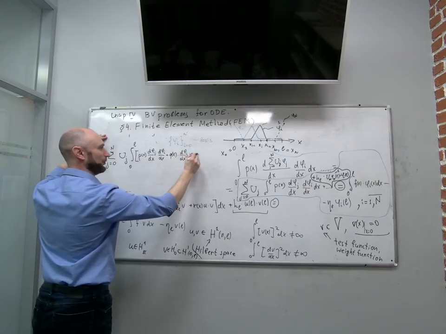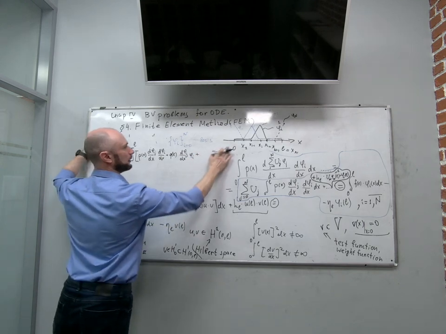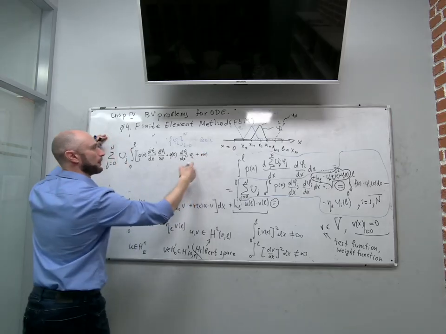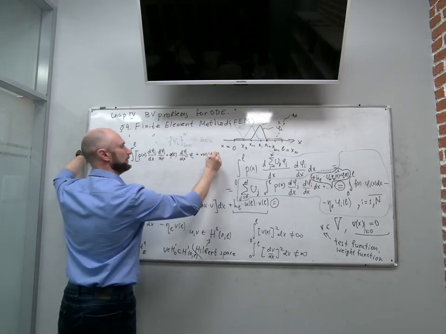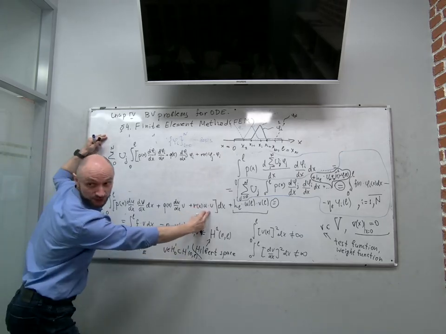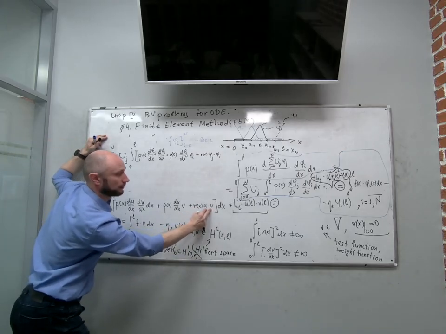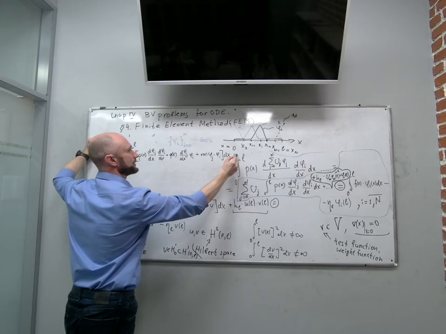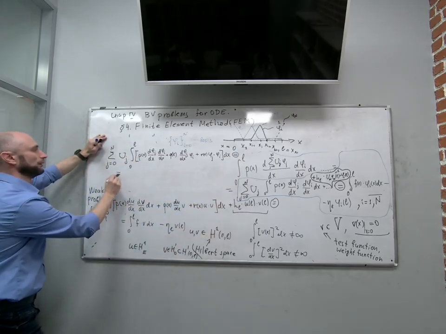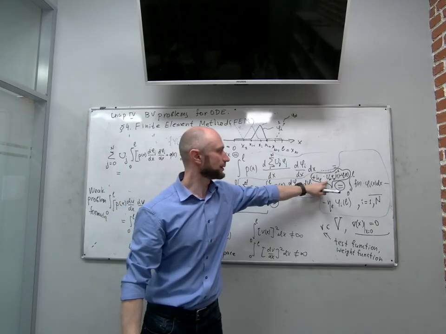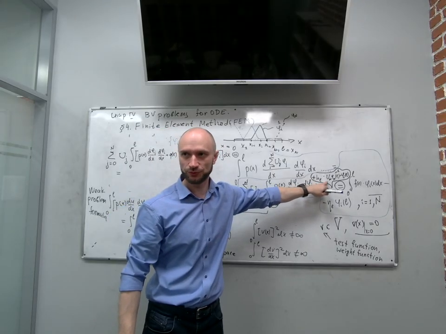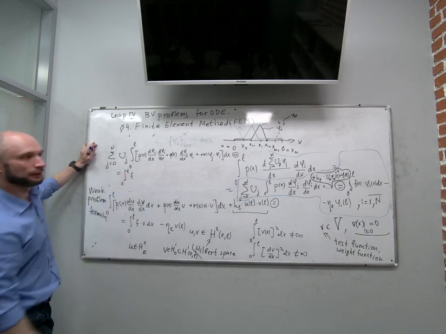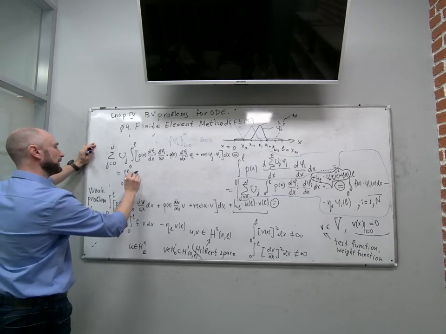It's important to follow. r of x, phi j phi I comes from these two terms, from these functions, dx, and this is equal to, I will move this term to the right at this point, the integral from 0 to L of f v phi I dx